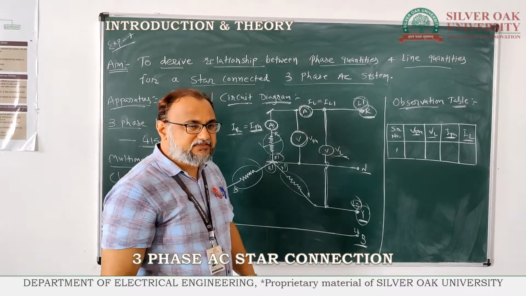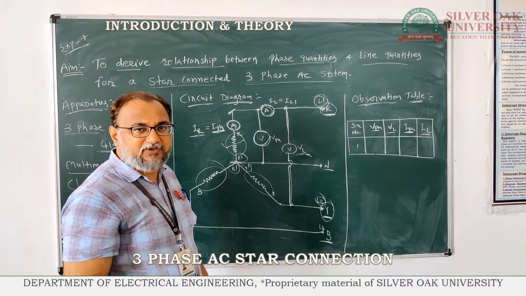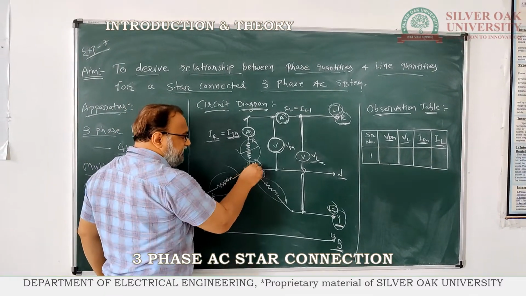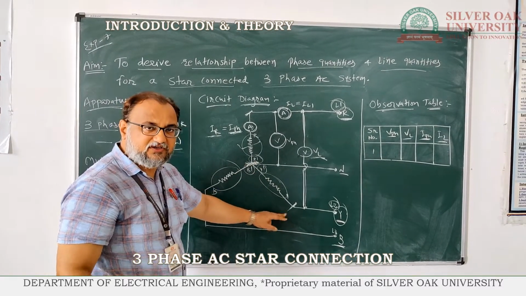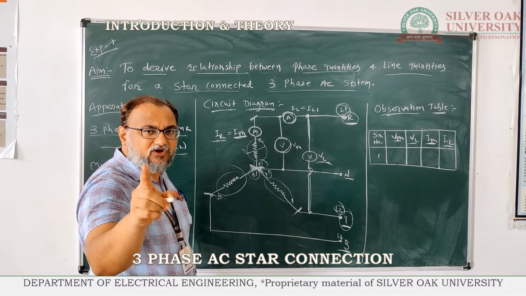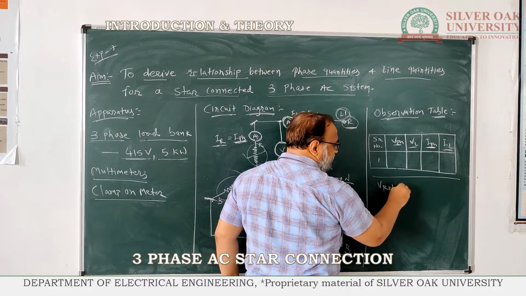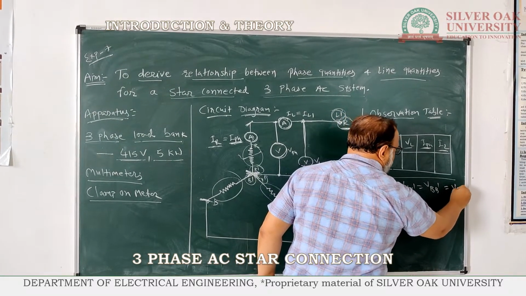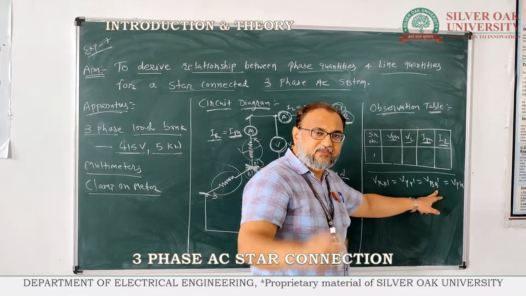Now another important thing is that we have shown here the phase voltage, line voltage, phase current and line current. You should remember that for a balanced load system, if I measure the voltage between this terminal and this terminal, it will give me the phase voltage of the Y phase. Or if I measure the voltage between this terminal and this terminal, it will give us the voltage of the B phase. Okay. So in case of star connection, VRR' equals VYY' equals VBB', and it is equal to the phase voltage. For a balanced load system, all three phase voltages are the same.